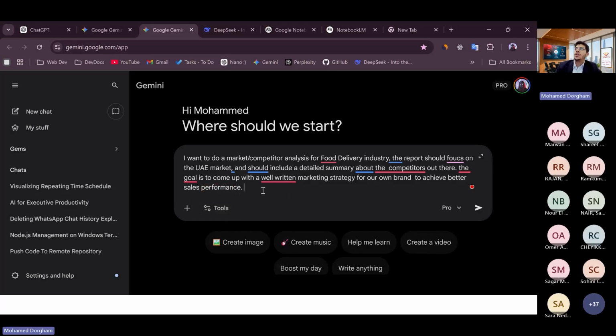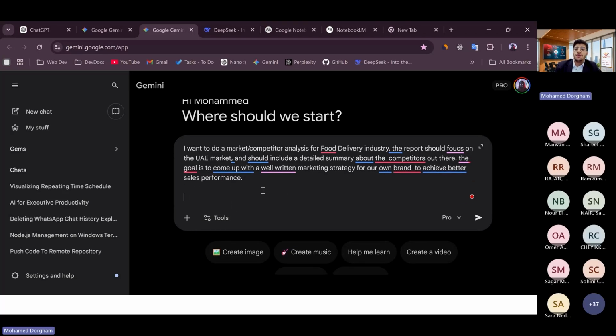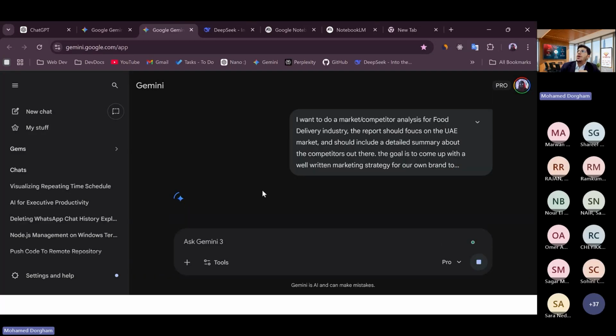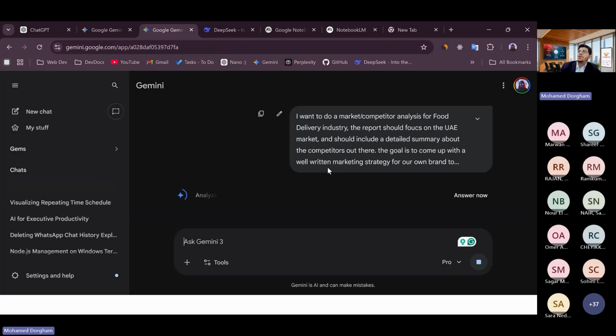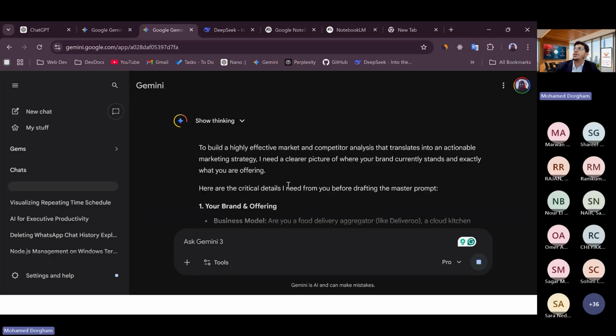Now let's do the following. Let's do a reverse prompting. So I will tell it, ask me all the questions you need, okay, before writing a proper prompt. I'm using the Pro version, so I think it will take a little bit of time, but let's see. Analyzing user intent. I think it will give me a very long list of questions. I should have chosen the fast one, so I would get a really fast answer.